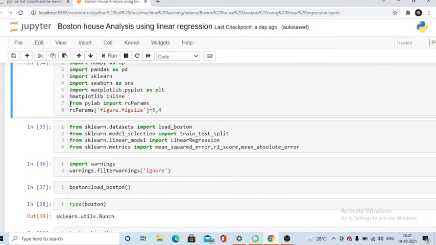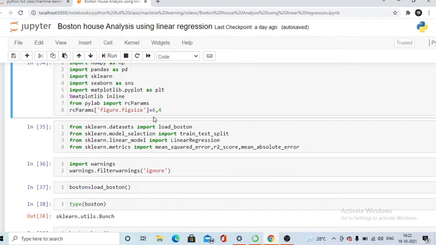So now I'm just going to tell you this part, that is from pylab import rcParams. What happens when you are doing analysis of any data set, you visualize your picture, right? If you want to visualize a picture in a particular width and height, you can give a range here. So this 6 is my size for the width and this 4 is for my height. You can do it this way. Many programmers use 12 and 8, or 10 and 8, like this. I am simply using 6 and 4 here.